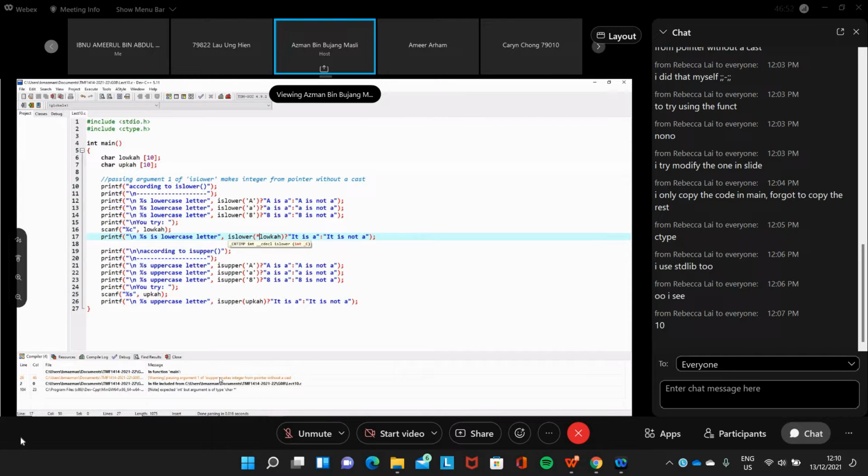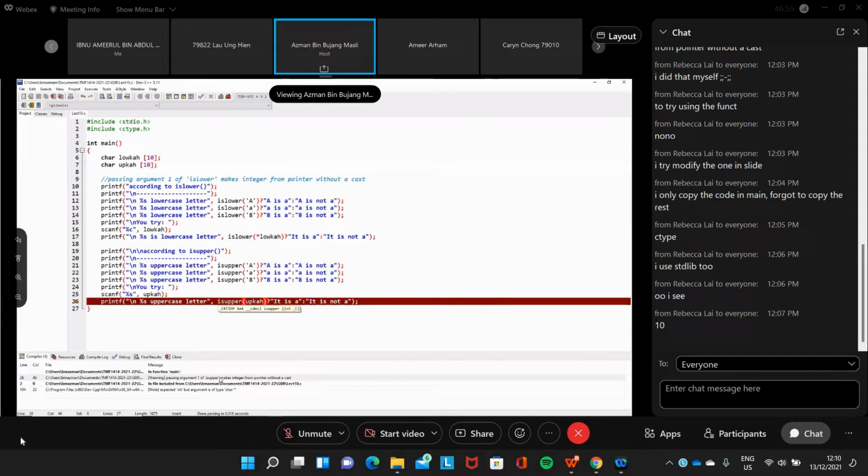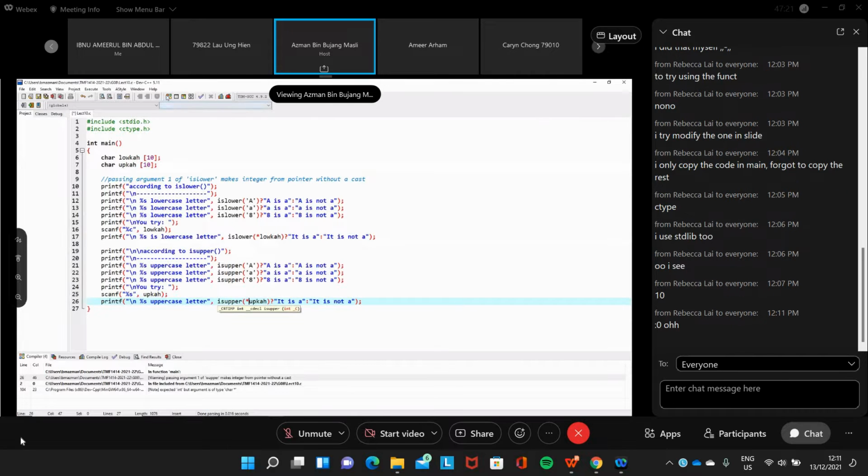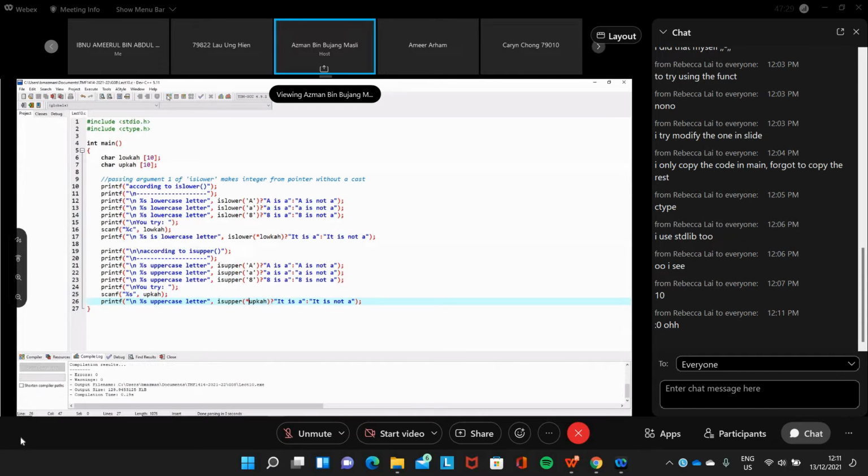This is another one, is upper. Your upkah here is an array again. But this will only assign your character to the first element because you use the array name. Array name contains the address of the first element. So you can put here a dereferencing operator to get to the character. You need to supply a character to the function. The function accepts a character. It doesn't accept an address. Your array name contains an address. Still remember,